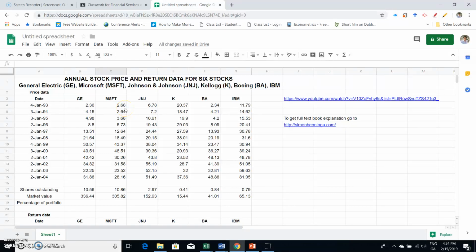Okay, so I'm going to take a look here at variance covariance. I'm going to estimate the variance covariance matrix for a portfolio of stocks. I take this example from Simon Benninga's book, Financial Modeling, currently in its 4th edition. The thing I like about this particular example is